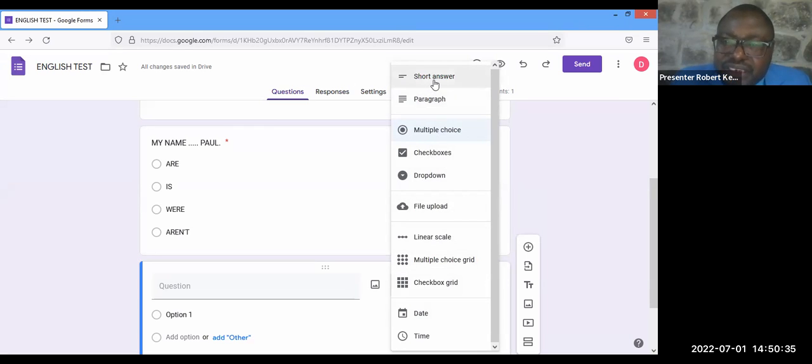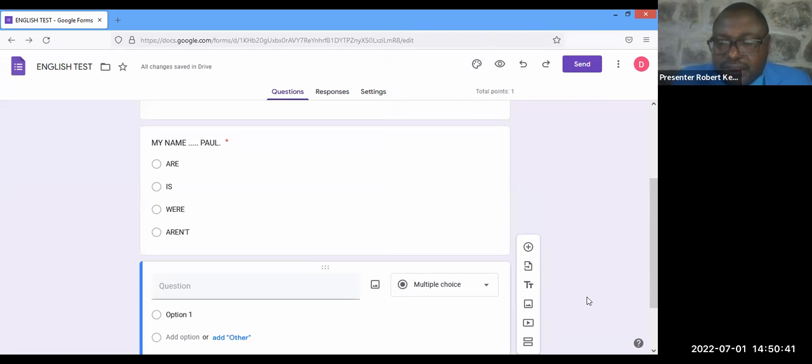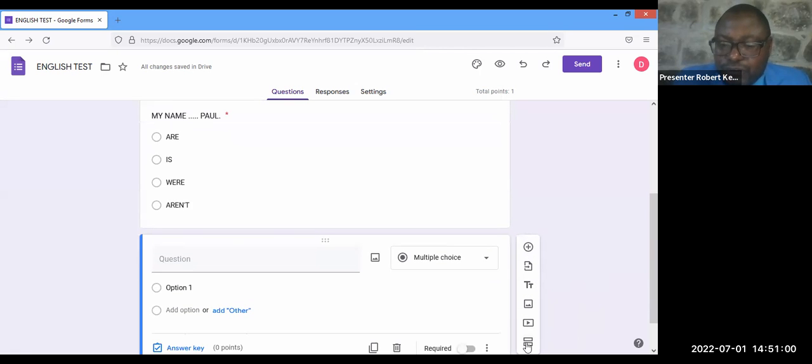So actually, here is where you choose the question types that you want to give to your learners. And you can also import questions from another exam that you've had with your learners, and then you click here. Or you want to add a title description to the question to help them, or you want to add a picture, or you want to add an audio. And once you've done with that, you can move to the next section of your test, and then you add